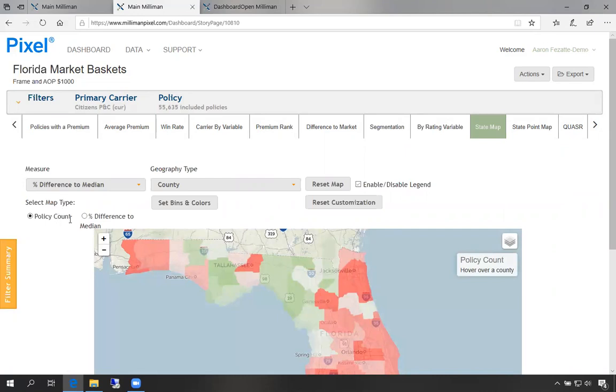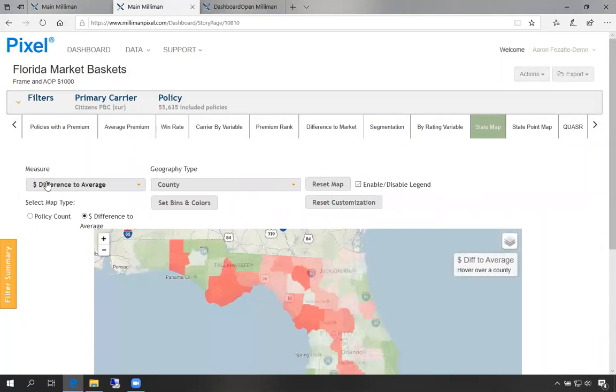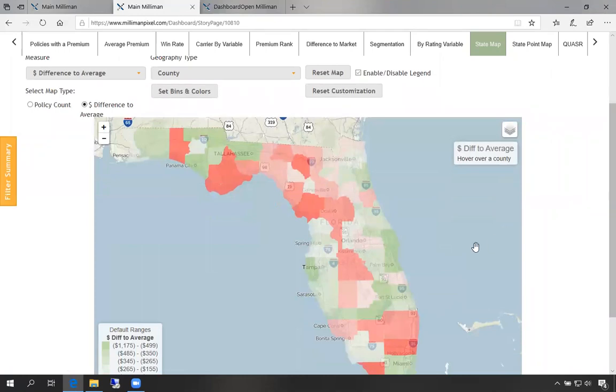State Map will give you details, again, on the dollar difference or percentage difference away from an average, but it'll actually show it to you on the map of Florida. So you can see in some of these, it is a lot lower, and then in other counties where it's actually higher than the average. So here we see in Broward County, we're actually above that. In some of these other counties, similar thing. And then in the green ones, we're typically below it. But even in some of the more pink ones, we're below as well.